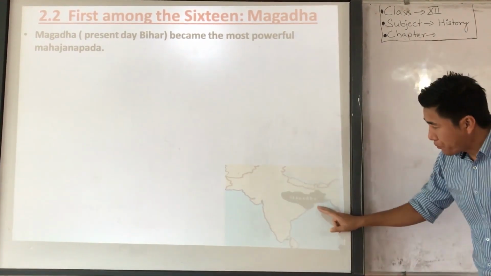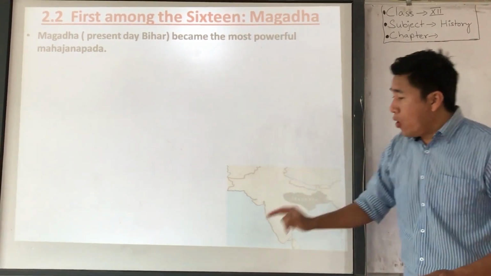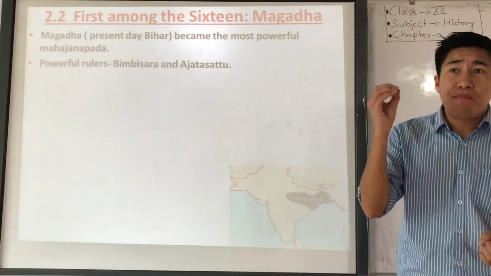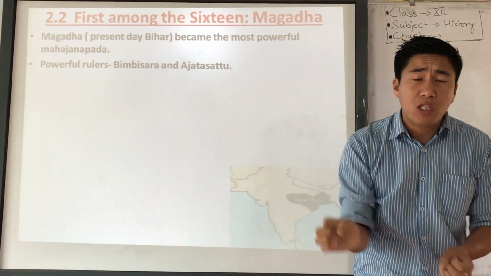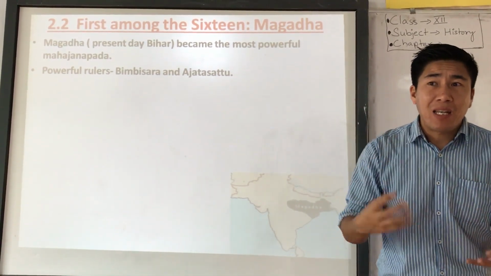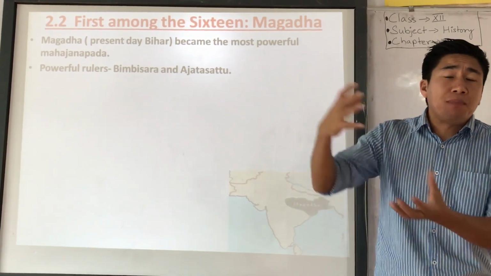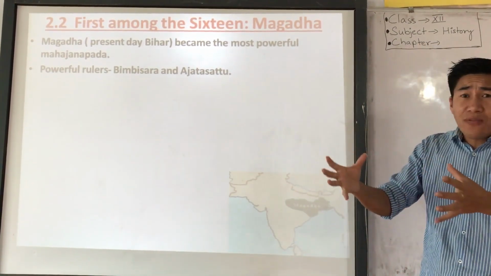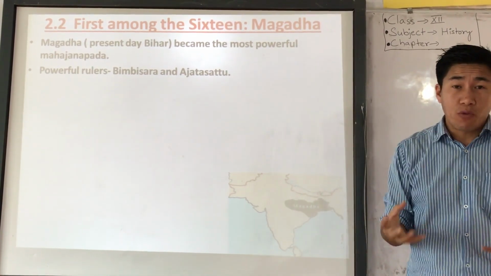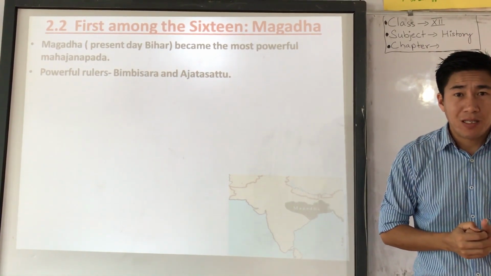See, present day Bihar, right? Magadha. Now, why is it so important? Why is it so powerful? Because Magadha had very powerful, brave, or you may say ambitious kings like Ajatashatru. Then we have Bimbisara, Mahapadma Nanda also there. These are the different kinds of powerful, ambitious kings who were there. Because of that, it became one of the most powerful or popular among the 16 Mahajanapadas.